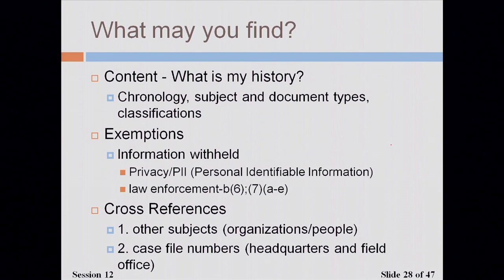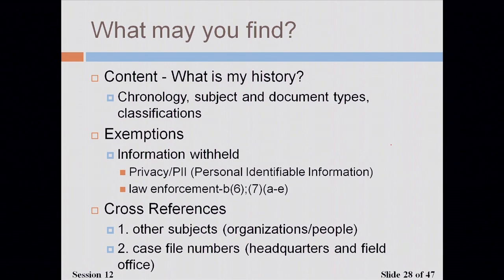Also a chronology, because these case files are arranged in reverse chronological order, so each document for the most part will have a date specific to that particular investigative report. The next part that is important are exemptions. Now, because the National Archives maintains historical records, the FBI case files that we have in our custody will be considered historic once they're accessioned to our custody. However, there could be certain personal identifiable information concerns, and we call that PII. So we would have to